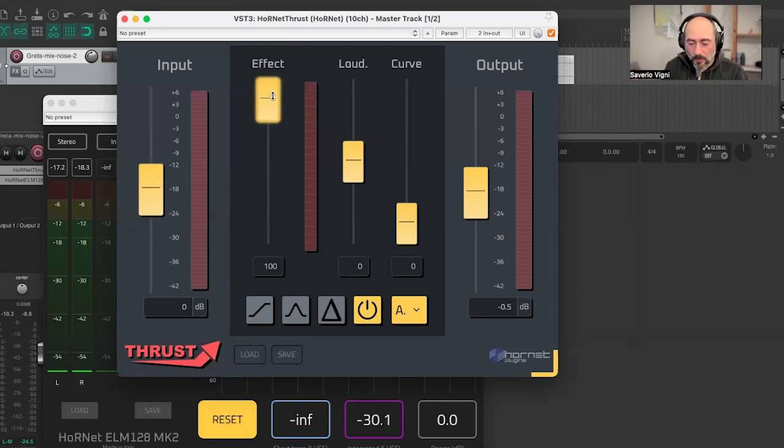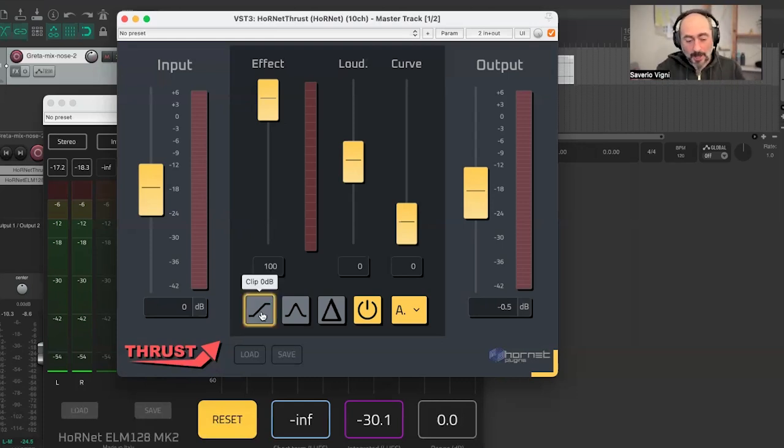Tony asked, if you boost the input, will the output always stop it from clipping? Yes, this plugin never reaches, when the effect is 100%, I mean, never reaches more than 0 dBs, because even if clip is off, like it is right now, everything that goes above 0 dB gets reduced by the transfer function of the wave shaper, so it will never go above 0 dB. It may happen that short peaks or a very high signal may end up above 0 dB, but something like 0.2 or 0.3 dBs over, so it's not a big deal,